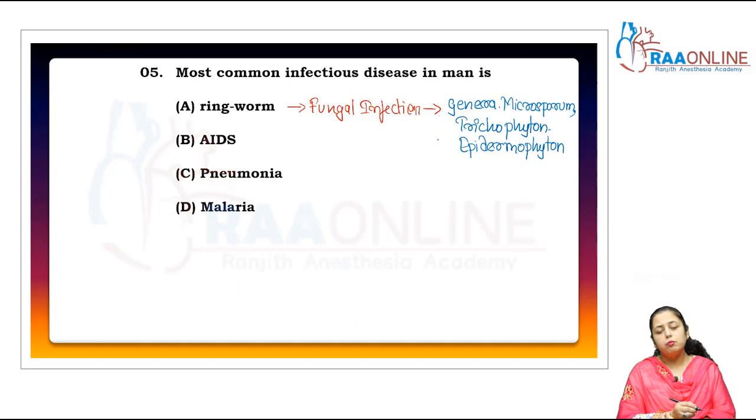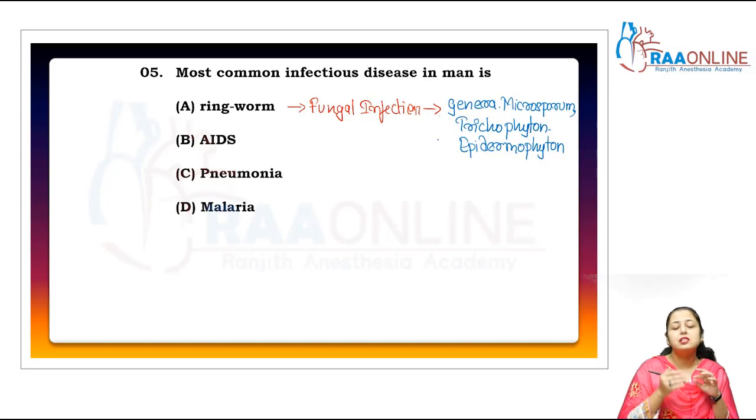It is the most common infectious disease in humans, where the patient feels the appearance of scaly skin, dry scaly lesions on the nails, scalp, all over the skin, anywhere, right? Where the moisture is much more, fungi easily grow there, right? Now when we talk about AIDS, it is a viral disease, right?